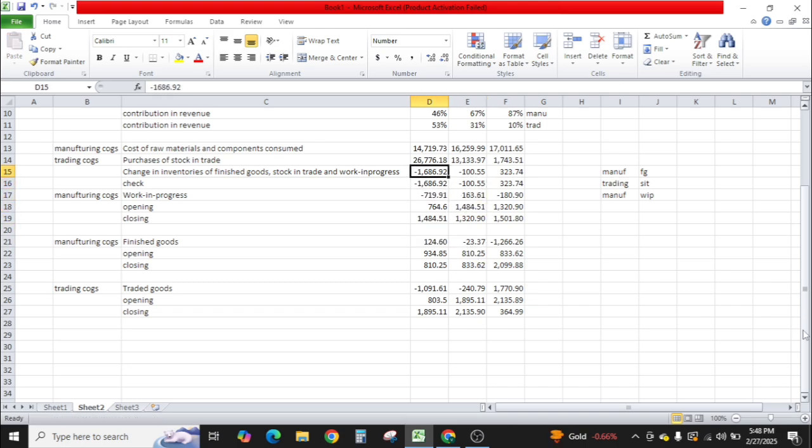Yeah, so here we have checked also that our answer is right. So now as we know that work in progress is for manufacturing COGS, finished good is also for manufacturing COGS, and traded good is for trading COGS. So from this we can calculate what is the manufacturing COGS overall in all those three line items and trading COGS overall. So how we will do is see